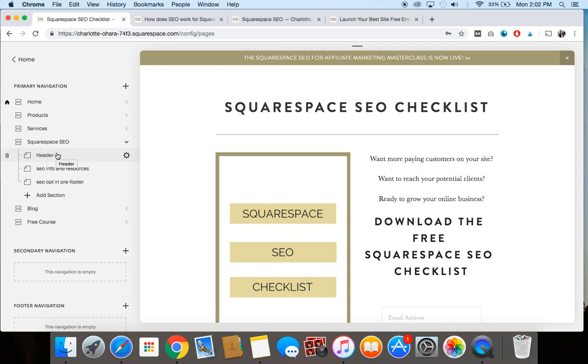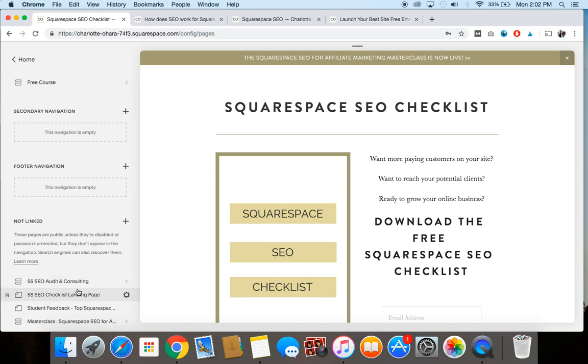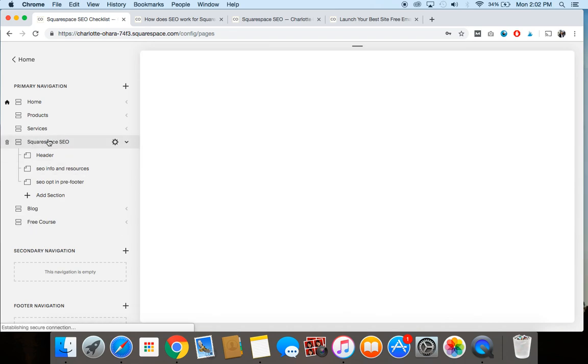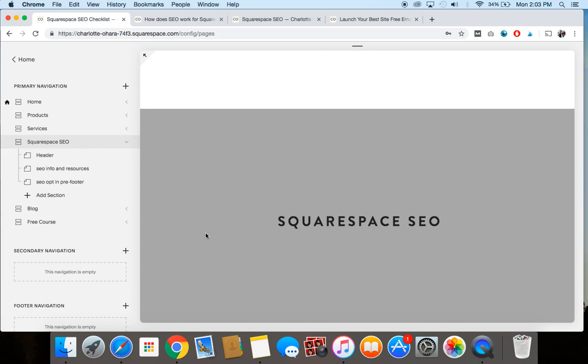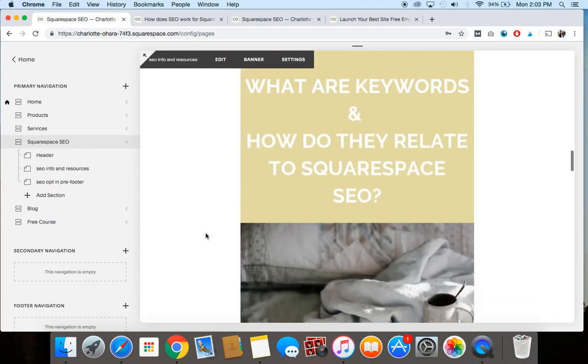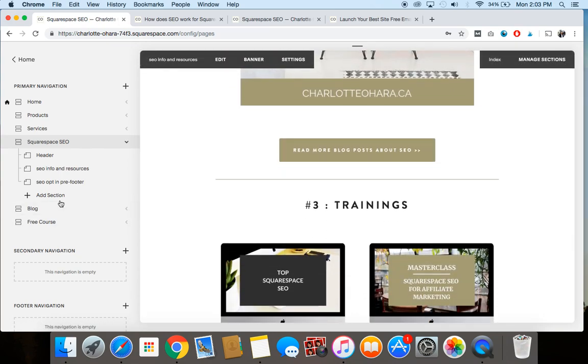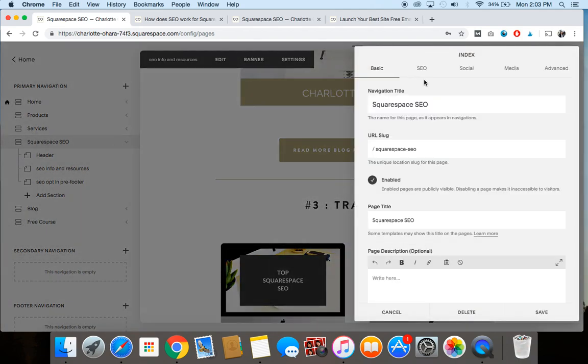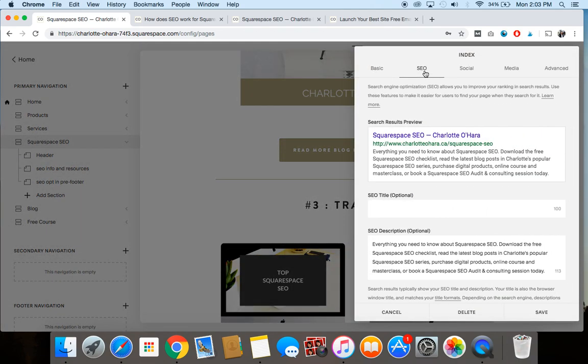So whether you're adding a regular page, like the Squarespace SEO checklist landing page, or an index page, like my Squarespace SEO series page, which remember is made up of a bunch of different sections, either way, you're going to see that in the page settings you have an entire tab talking about SEO. In this SEO tab, you have the option to fill out an SEO title,